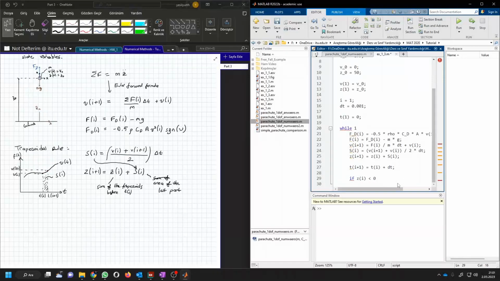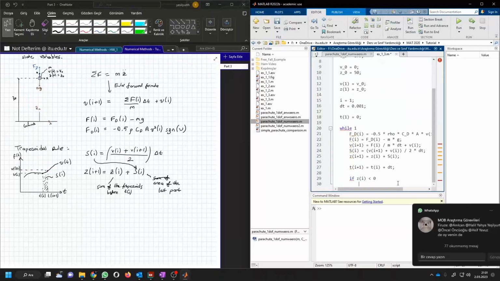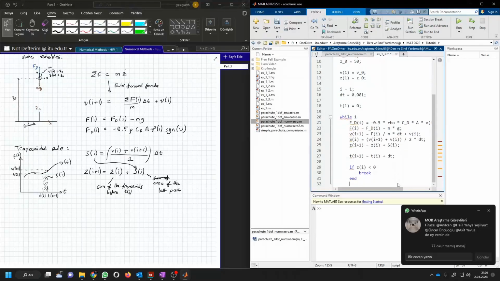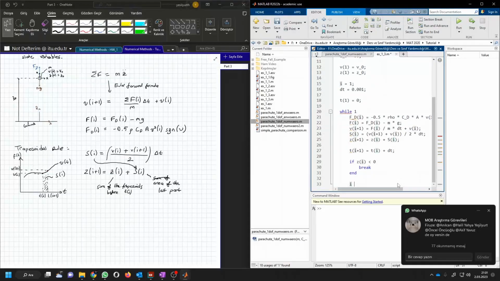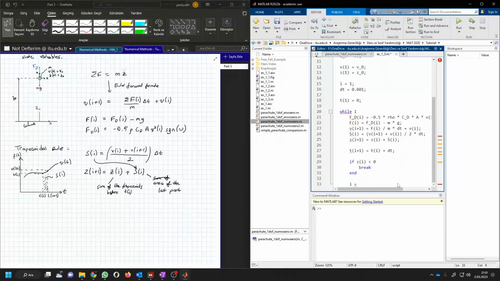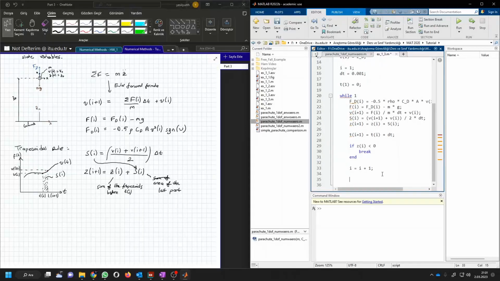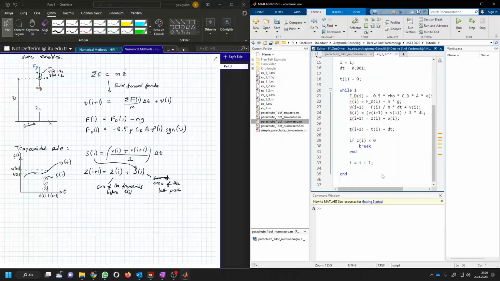If Zi becomes smaller than 0, break my loop, and I will be i plus 1, and t i plus 1. Okay. I can end my loop,